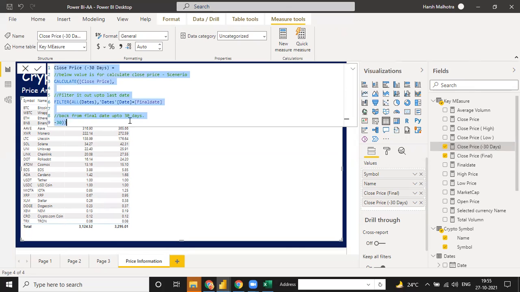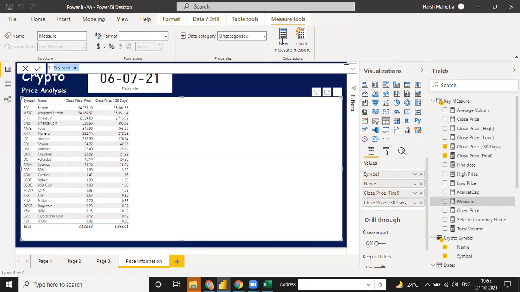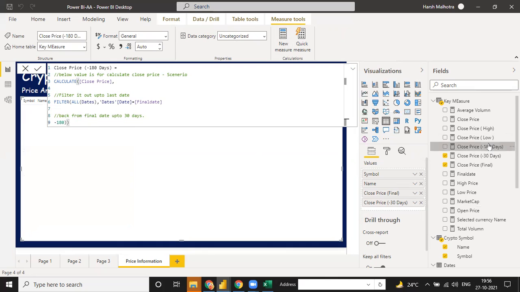Same way, click on this, copy the function again. If you need this difference, suppose minus 180 days. This is 1 month, 6 months, and 1 year. We have calculated 3 differences. So you have to just change only something, like only 30, you can calculate 180, and just hit enter. It will give you the different value, same way, but the function is same, only the date is different.